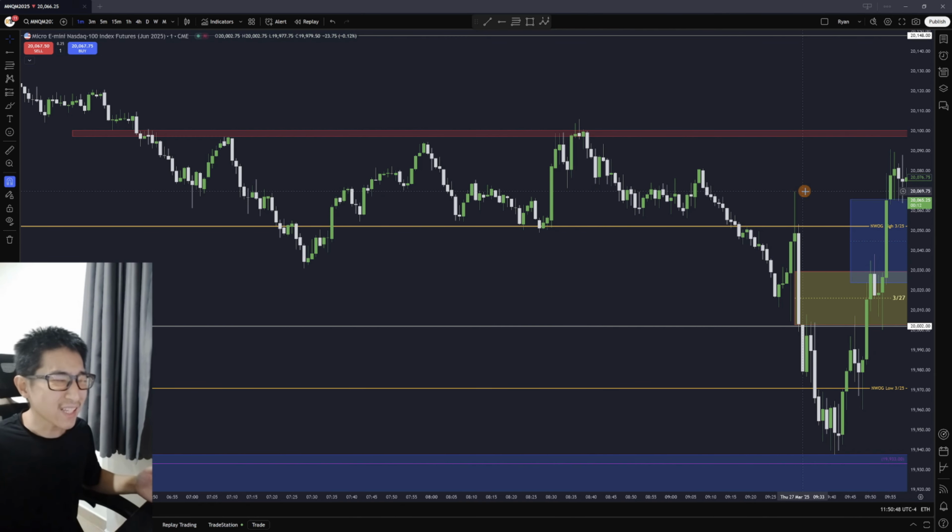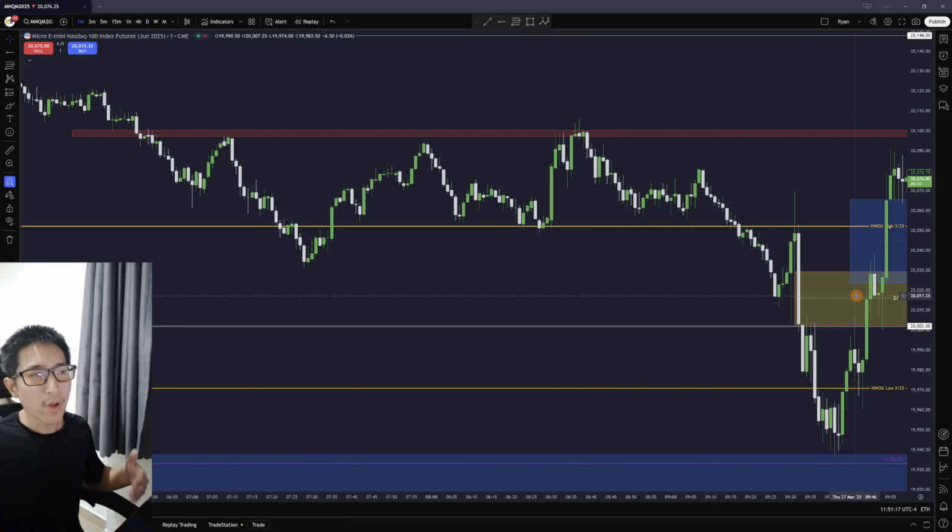I didn't like how the buy side got taken already, but I was looking at this high right here. Since you can see it was an intermediate high, if this goes, then it's going to go for those relative equal highs. So here I was thinking, okay, this is a pretty big gap. If I'm going to take it, I'm going to try to take it close to the consequent encroachment, 50% of this fair value gap. And I'll have my stop loss here below the bottom of this down candle, this order block.